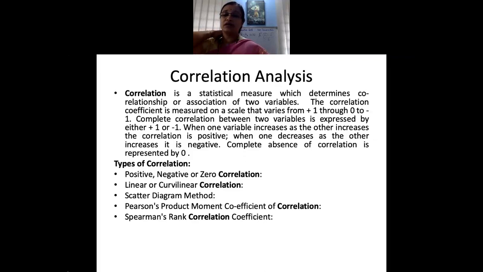As far as possible, I think Pearson's product moment coefficient of correlation is a very good measure that can be used, especially when it comes to doctoral research, even in your papers when you are presenting. You can also use Karl Pearson's coefficient of correlation. So correlation is where you compare the association or the relationship between two variables.